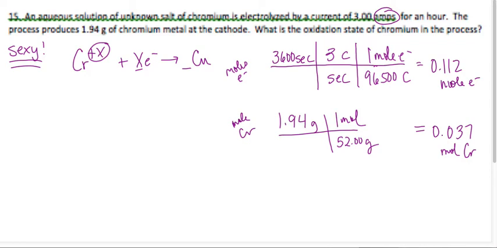Yes, you divide like 0.112 moles of electrons by 0.037 moles of chromium. You get like 2.999, just like 3. It's the ratio. Look at this. This is really cool. Isn't X equal to the moles of electrons over the moles of chromium? Isn't that equal to X? X over 1 is X. Well, we just don't have a 1 on the bottom, but we know moles of electrons. We know moles of chromium. We can figure it out. So as Rui said, take your moles of electrons